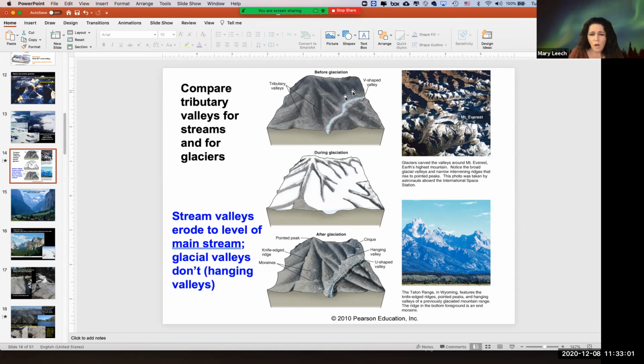So that's before. After, you've got glaciers forming in all of those valleys, in the tributary valleys and in the main river valley. And then in the end, this is kind of like what you see in Yosemite, a U-shaped valley where the main river was. That was the main glacier. And all of that glacial ice on the side was feeding into the main glacier while it was growing. It was carving out a huge U-shaped valley.